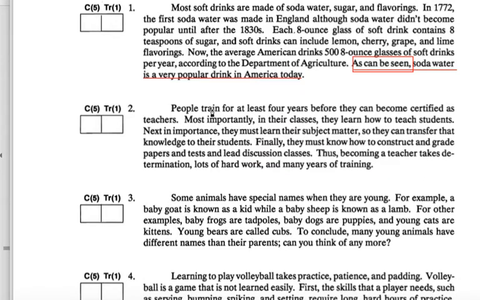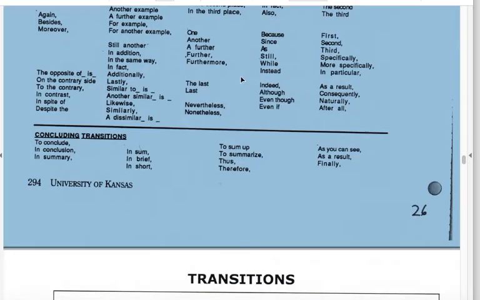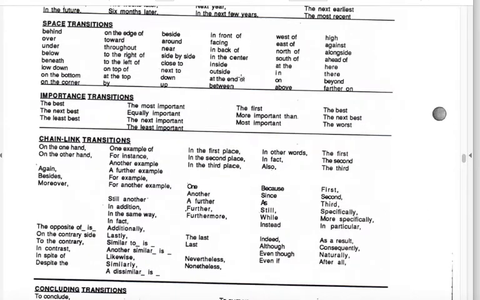So go back. People train for at least 4 years before they can become certified as teachers. Here I have the word for. That's a clue word. So this is a cluing topic sentence. Most importantly, next in importance, and finally are transitions. So if we just go to our chart, just to verify, here we have importance transitions. So going back to the paragraph,